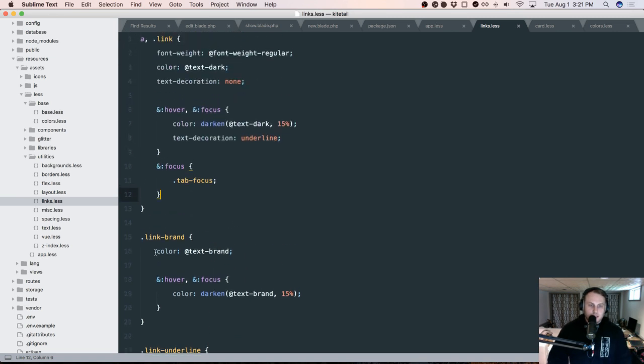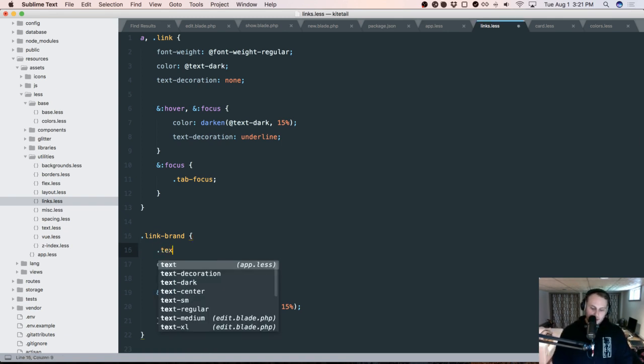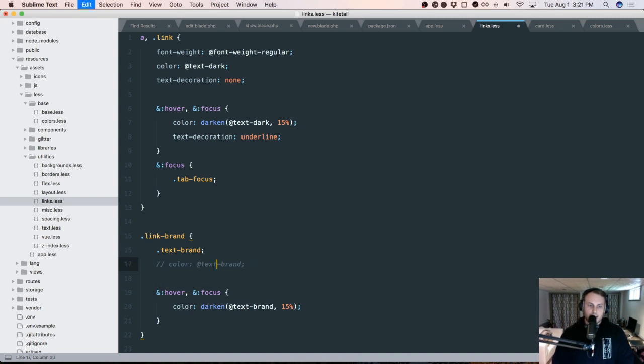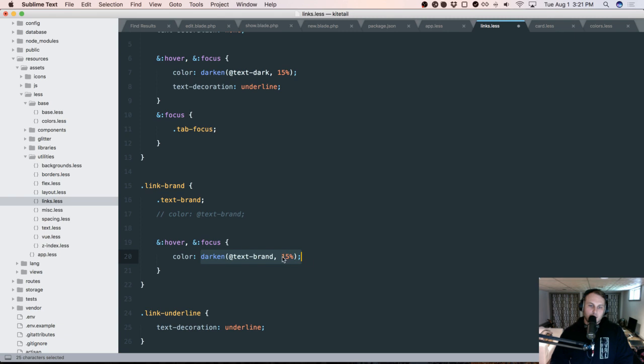So this thing that's setting the color of the text to text brand, in reality, this should be able to get replaced with just a text brand utility. And down here where we're darkening it by 15%, I think I've decided that I don't love